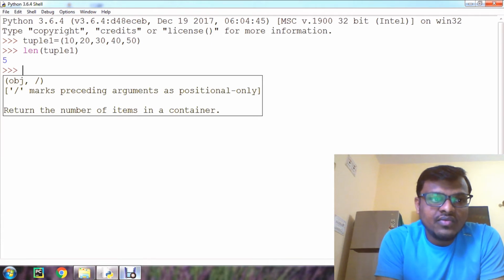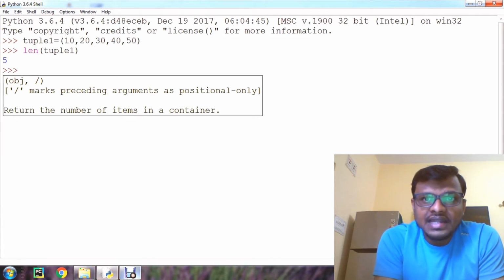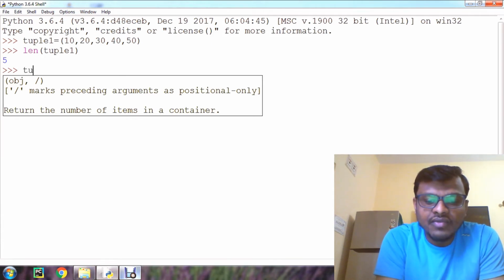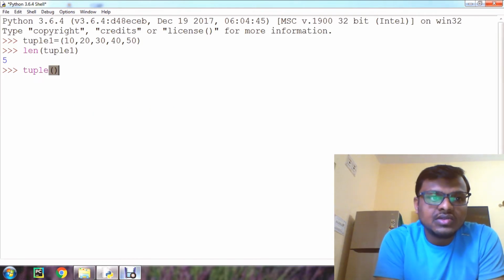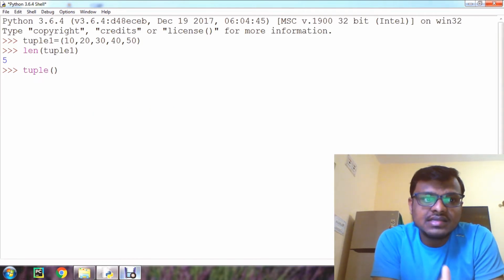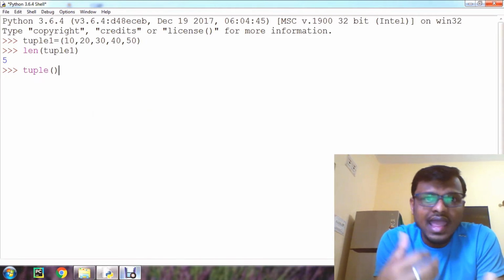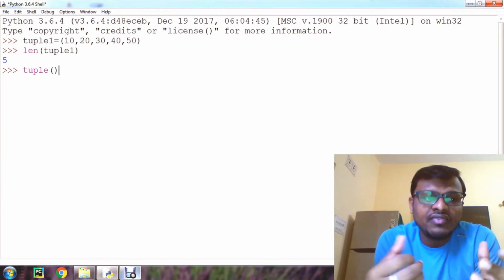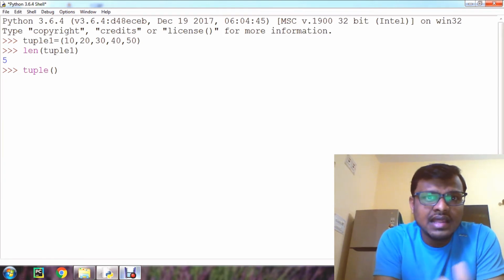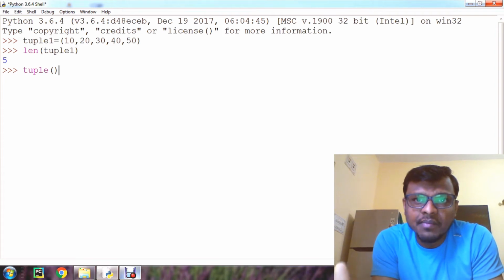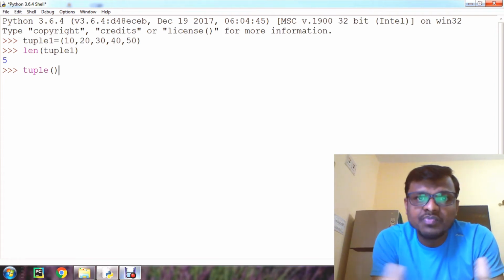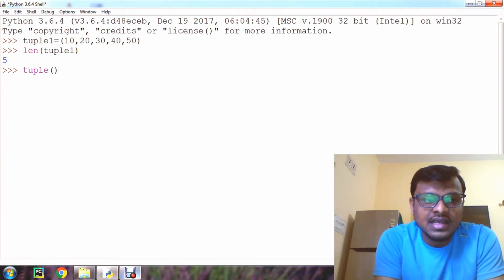We have another built-in function called the tuple function. This tuple function is used to create an empty tuple if no argument is passed, or else we can create a tuple if a sequence is passed as an argument. Let us check.